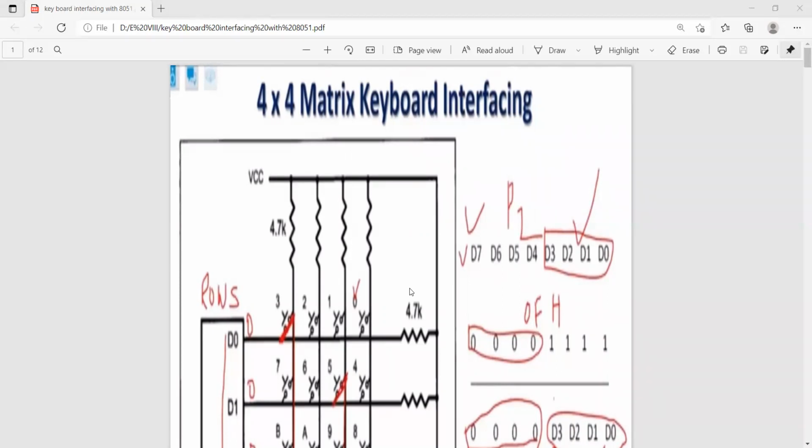Mainly to interface the devices, we have an interfacing IC, called the programmable peripheral interface, PPI. The IC number is 8255.